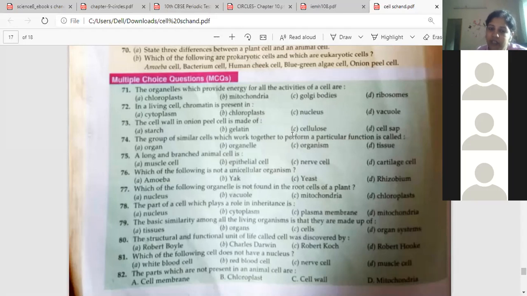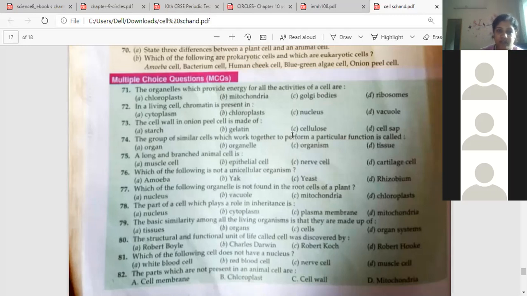And the plasma membrane is made up of? I have written it when differentiating plasma membrane and cell membrane. One statement I have given, check what is given. The plasma membrane, or cell membrane, is made up of proteins and fats, that is proteins and lipids.